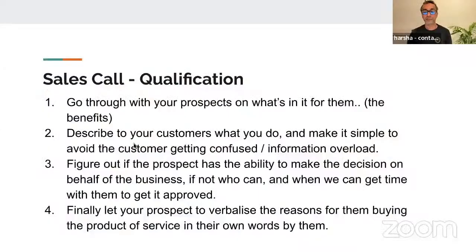So this is important. We'll go through that in more depth soon. And then finally, get your prospect to verbalize the reasons for buying the product or service in their own words, right? Apologies for the typo there, but you need to get it in their own words.